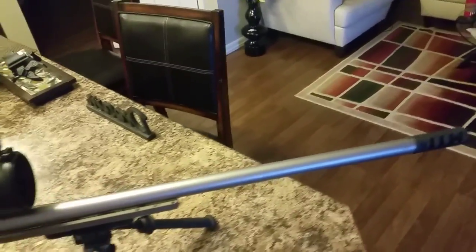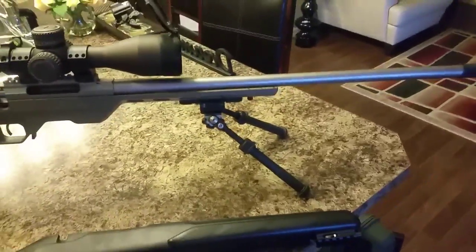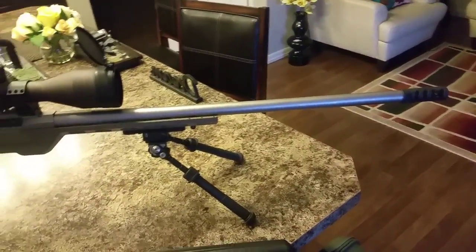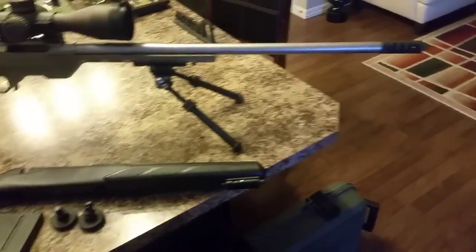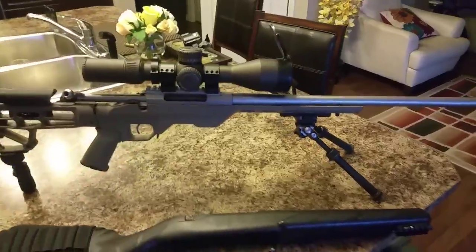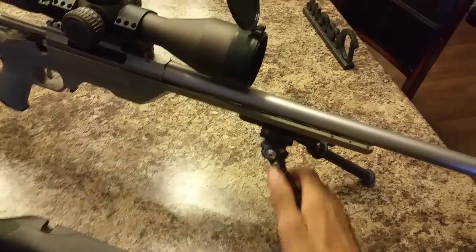So like I said, this is their stainless heavy barrel. It is what I wanted from the get-go, and this is mainly why I chose this rifle. I already had it, and it was a thick barrel, which is good for tactical purposes, right? So moving down here, I have an Atlas bipod, and this is their latest version of this